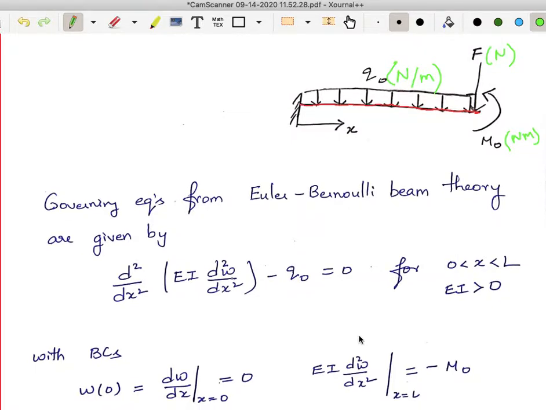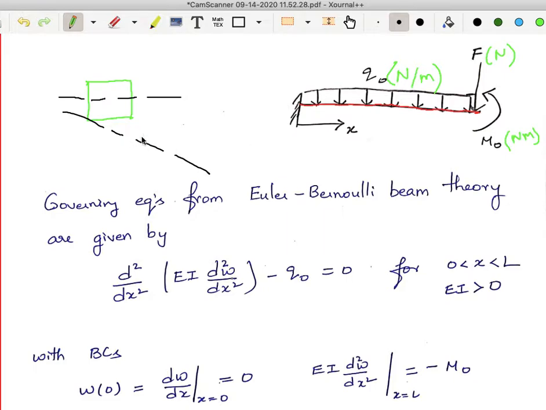No, that is there, but in Euler-Bernoulli beam theory, what we assume is that sections perpendicular to the neutral axis continue to remain perpendicular. So what is the meaning of that? For example, if I am considering a beam element which looks like this to begin with, let us say this is the neutral axis in the initial configuration. Now let us say the neutral axis in the deformed configuration looks something like this.